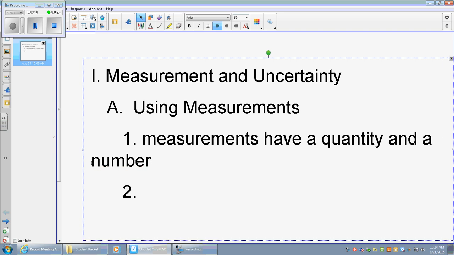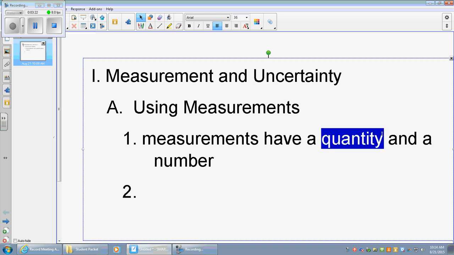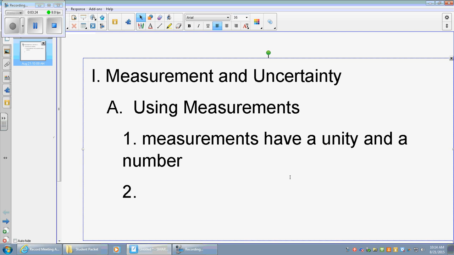So one thing you might want to know is, hey, that quantity, what is that? What it's really talking about is a unit. So I'm going to change quantity to unit. So whenever you make a measurement for me, you know that your measurements have to have units and numbers. So then I would read along in that section, and anything else that I might find, I would add to